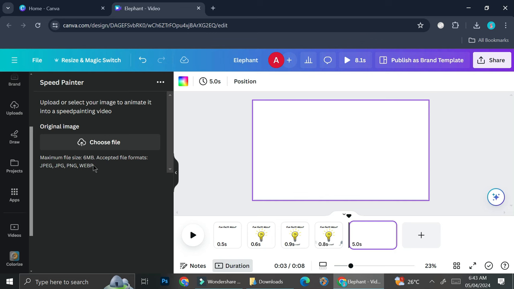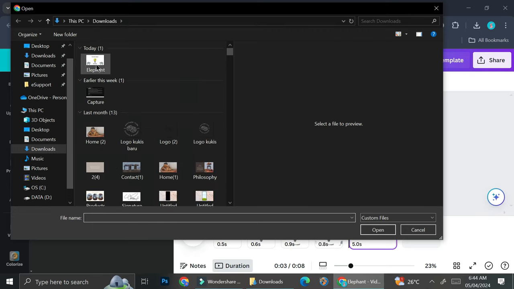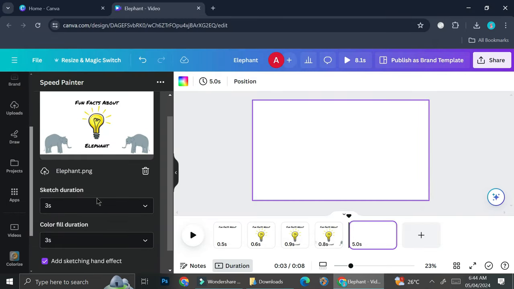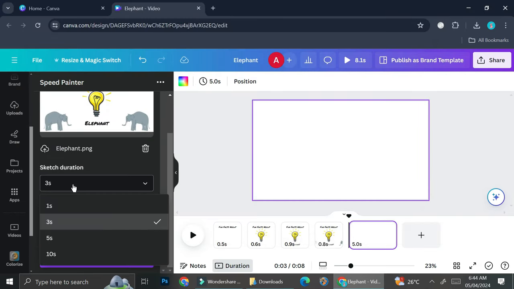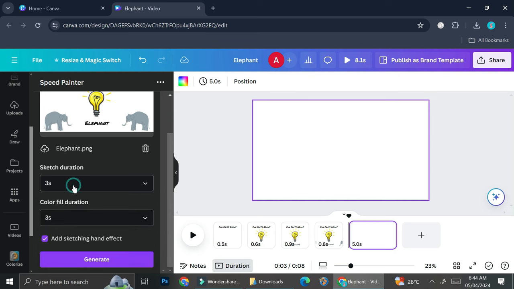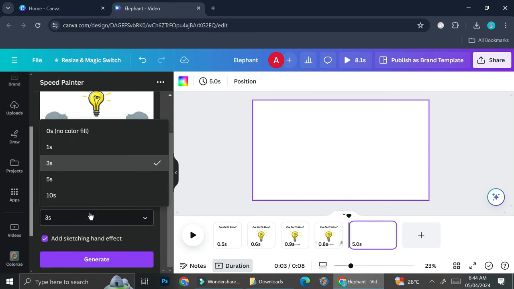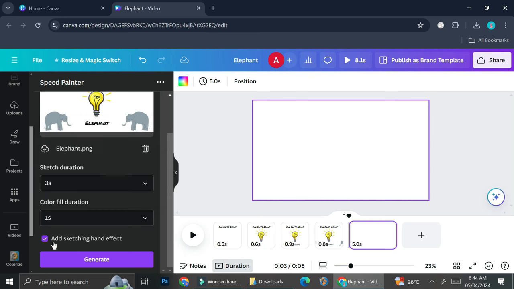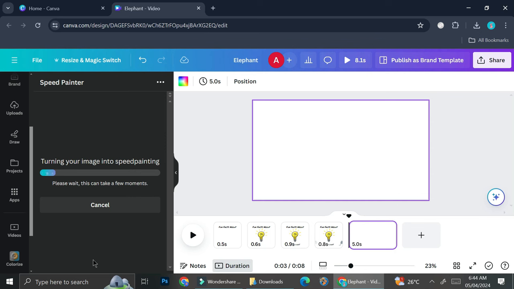So it says here that the maximum file size to be used at this app is 6 megabyte, and it can accept JPEG, JPG, PNG, and WebP. So I'm going to go ahead and choose a file, which is this one right here. And you can set the sketch duration to however long you want. I'm going to go with 3 seconds, and let's try 1 second at the color fill. And you can also choose whether you want to add sketching hand effect or not. I'm going to go with yes, and then I'm going to go ahead and click on generate,